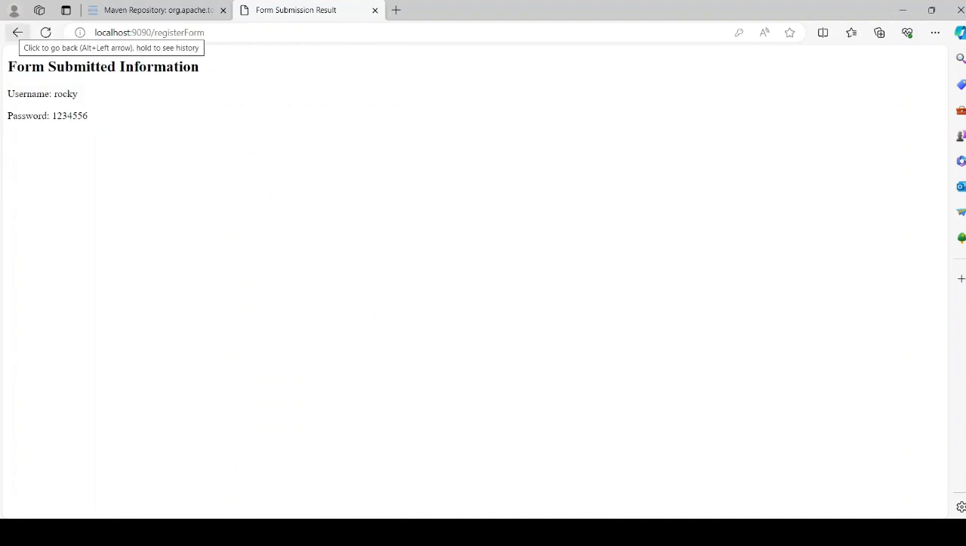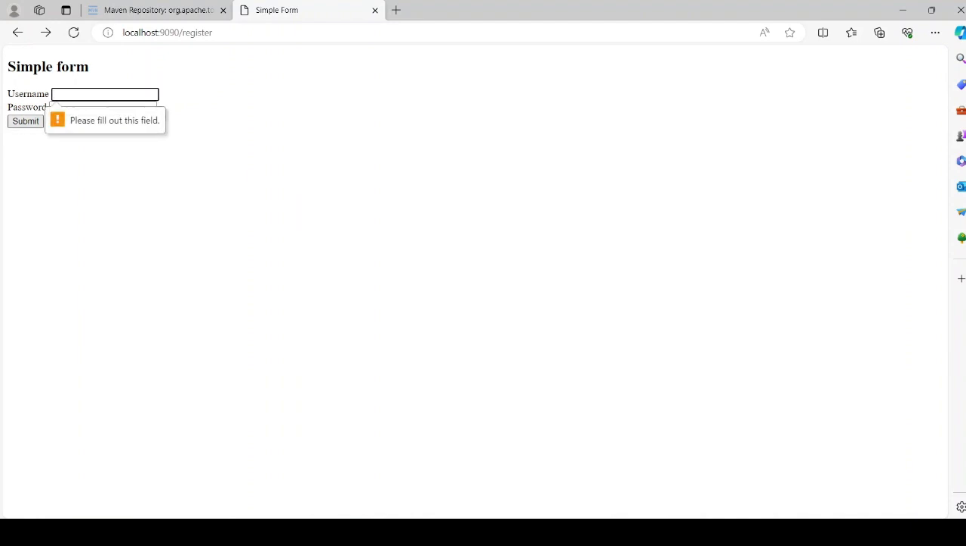Okay, now suppose we go back, do a refresh, and if I'm not entering any values and I click on submit, we are getting this error, right? Please fill out this field. Or suppose I'm just entering a password and then clicking on submit, then also we are getting this. Okay, so that is happening because of the validation which we have given in our Spring Boot to the user